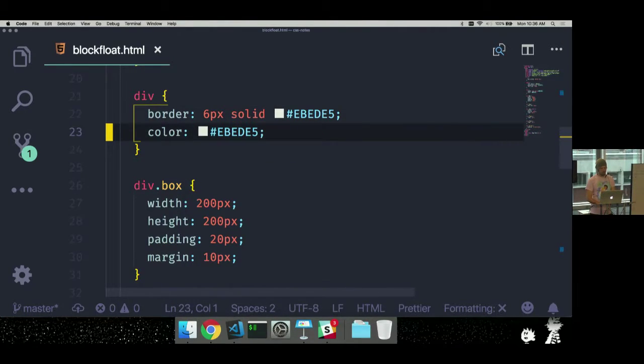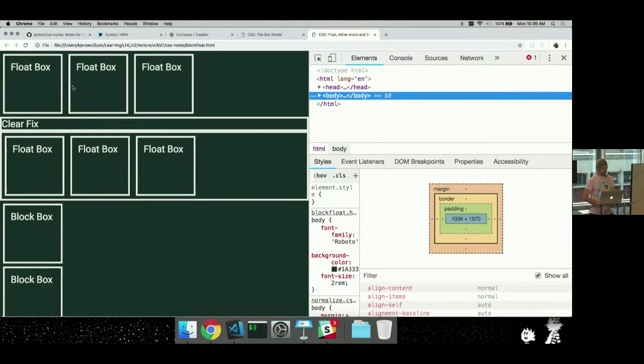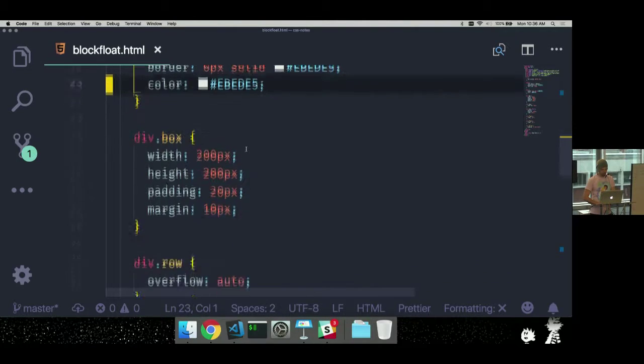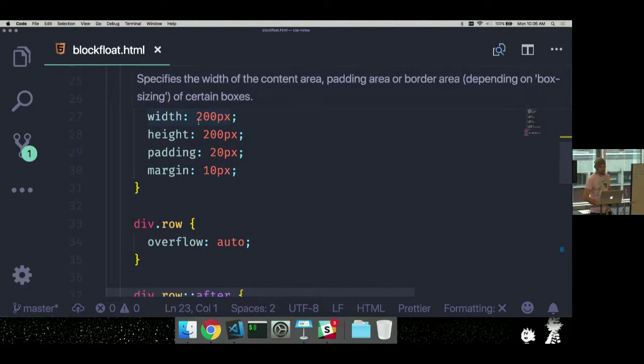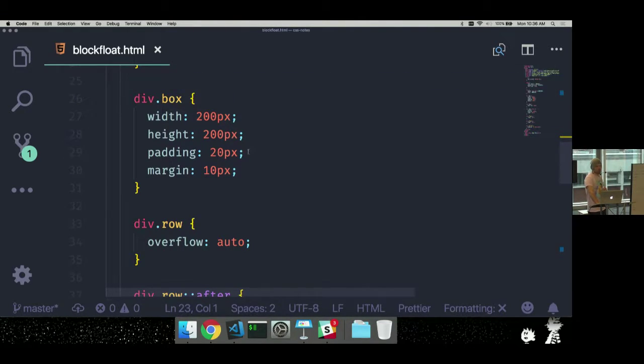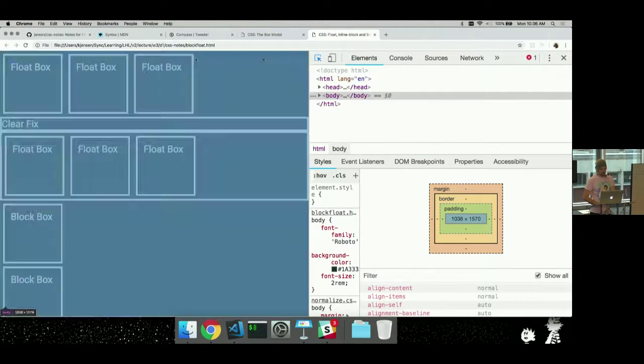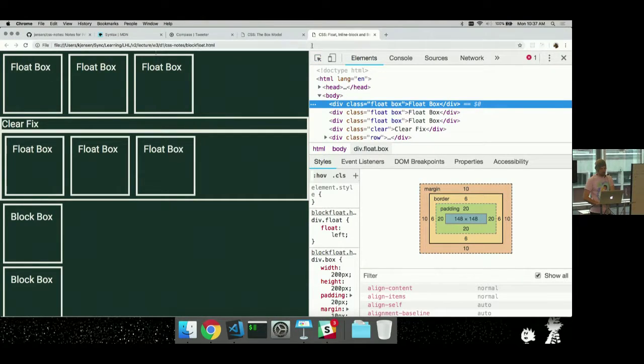Okay. I define the color of the div. That's just so that the text is white inside. Okay. And then every single div element, every box is going to be 200 by 200. There's going to be 20 pixels of padding, and the margin is going to be 10 pixels. So this is actually going to be a good way for us to test out what we had talked about before. If I click on this, if I look at the width of this thing,